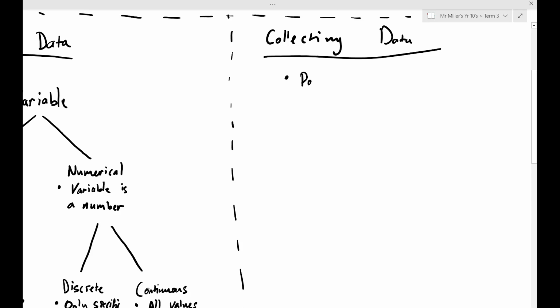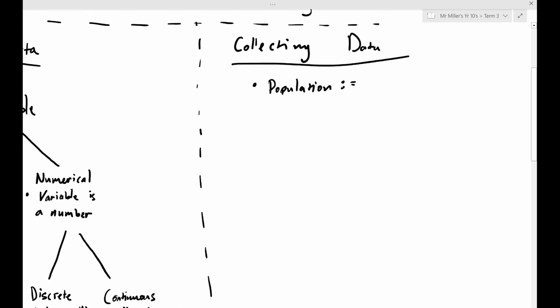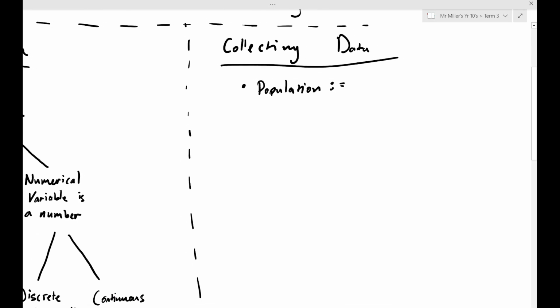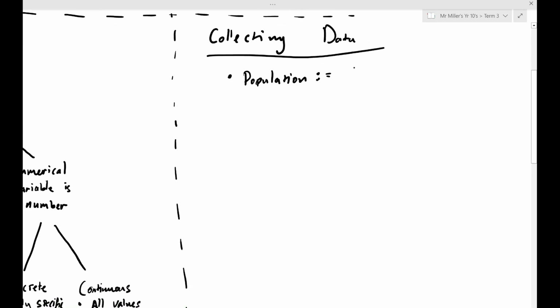We need to know what a population is. We can think about this as the sample space of responses, or sample space of people being surveyed, for instance. So population, total number of people